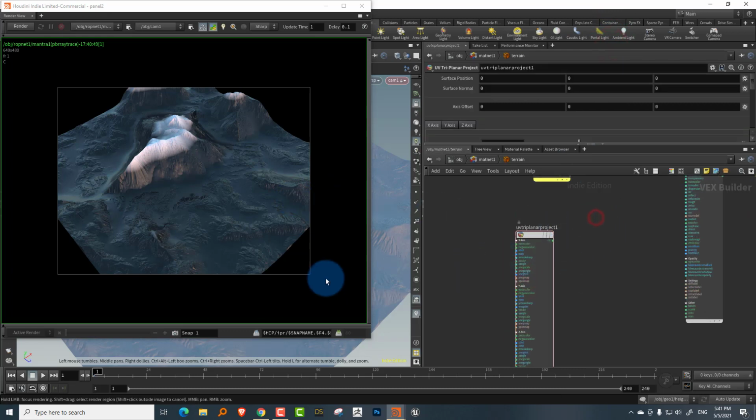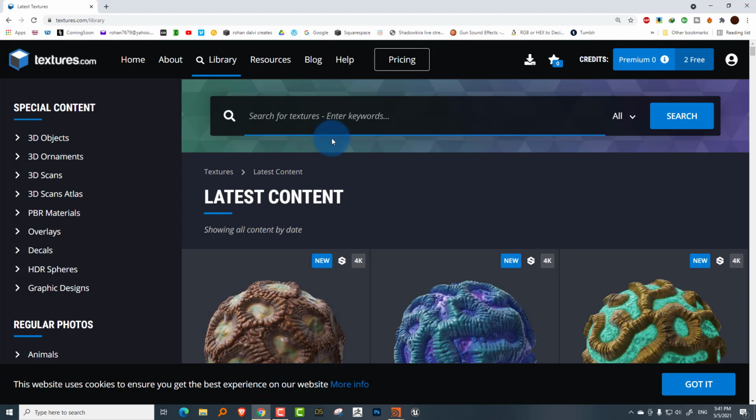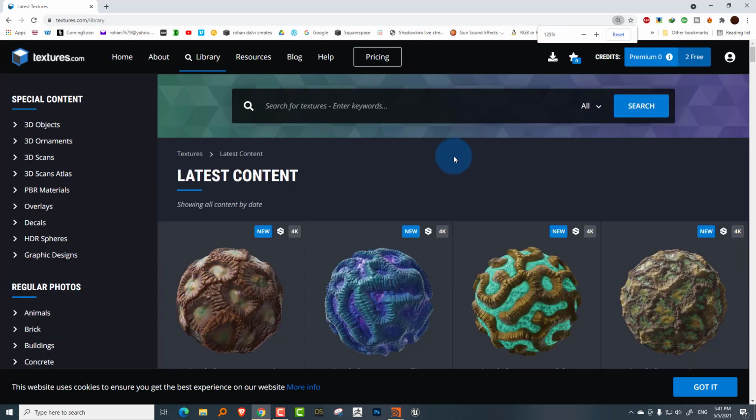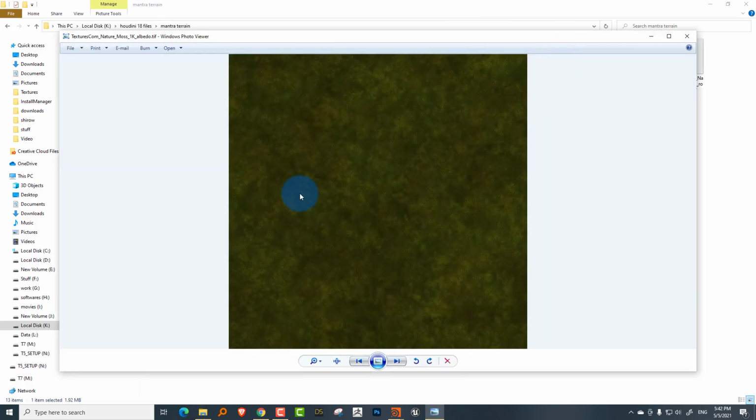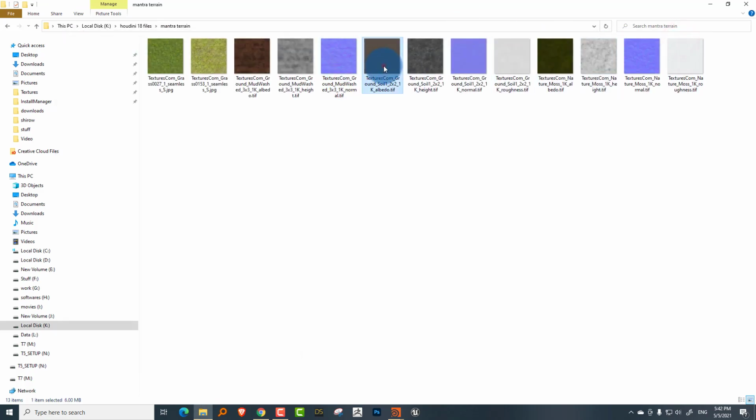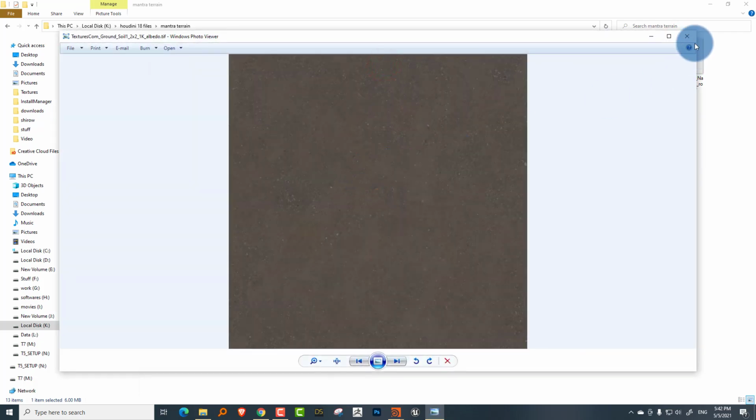There's a website called textures.com, and it's free for textures up to 1K resolution, which really isn't much, but you can register for free. Since this is just for testing purposes, I downloaded a couple of sand and grass maps from this website. I'll make those available, or you can use whatever textures you have. So these are the textures that I'm using. Primarily the ones I'll be using are this moss texture and another one for soil. These are the two that I primarily want to use.